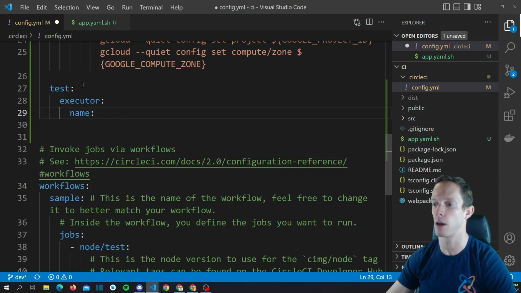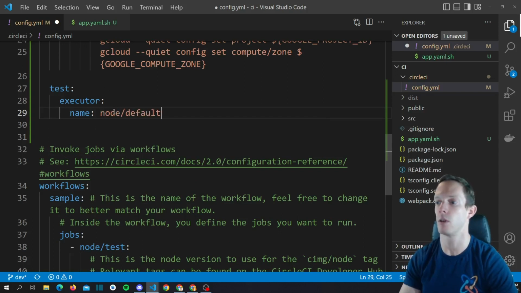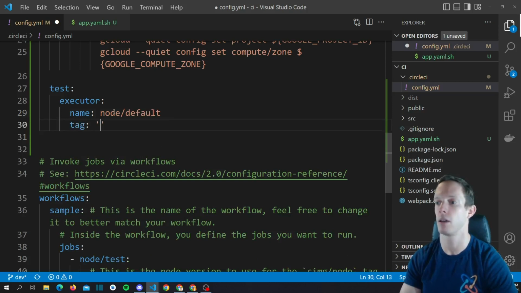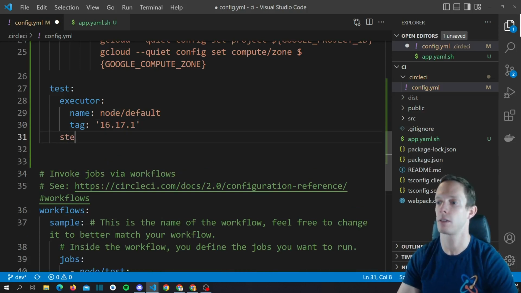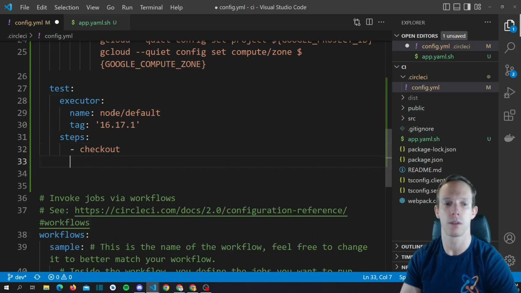I'm going to define my own job, my own test, so let's do node default and tag 16.17.1, and for steps, we are going to first check out,